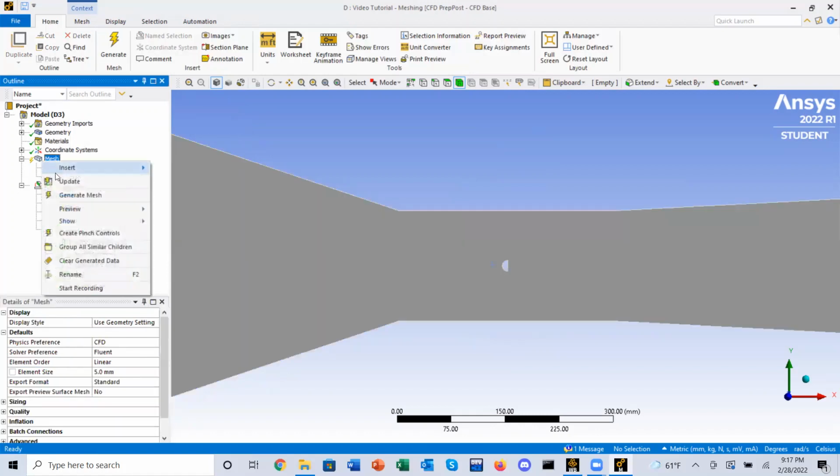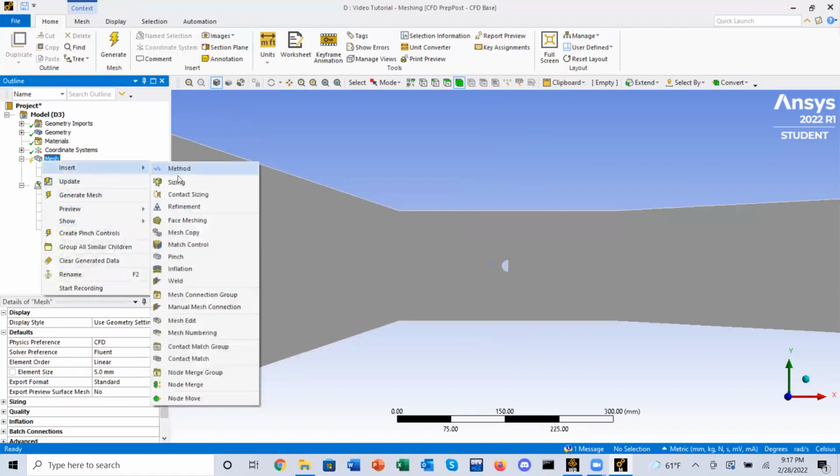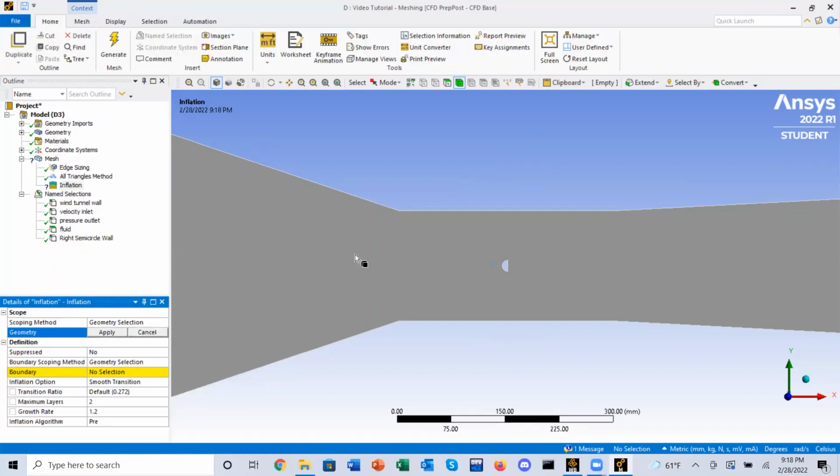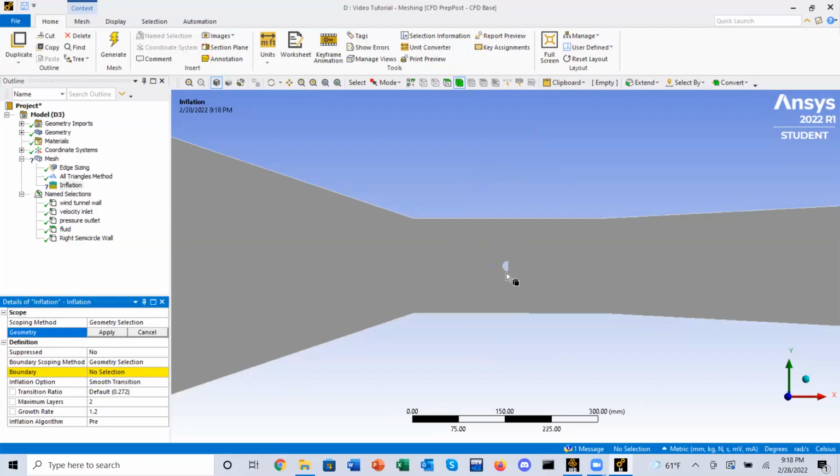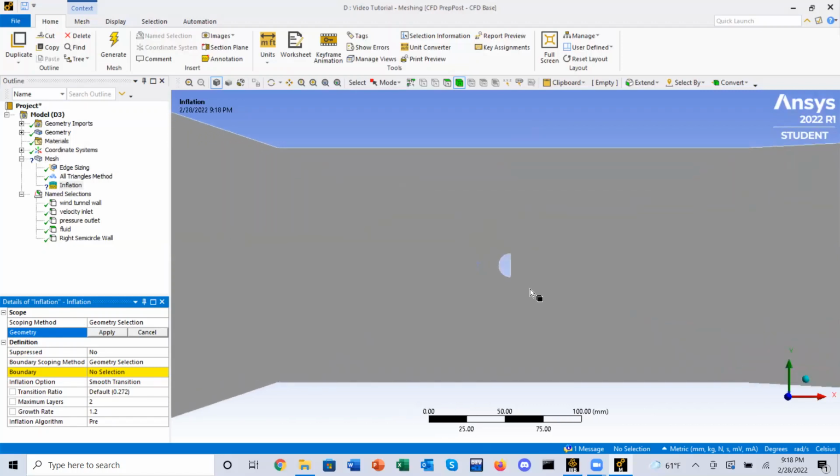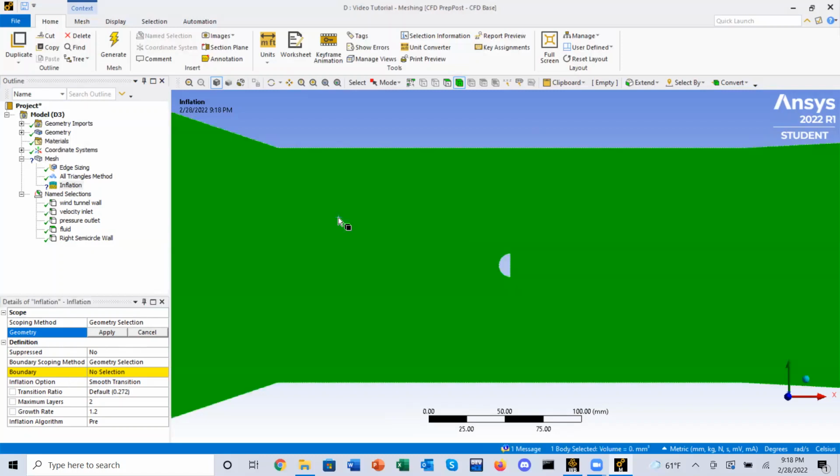And then we have to do inflation. So basically, the reason we're doing inflation, if I can find it, is because we want to get really close to both the object and the walls. You want to be able to see what's going on as best as possible so you can see what's happening at the boundary layers. So if you don't do inflation, then it's going to be like a really rough image and you won't be able to see properly what's going on. So we're just going to select this face and